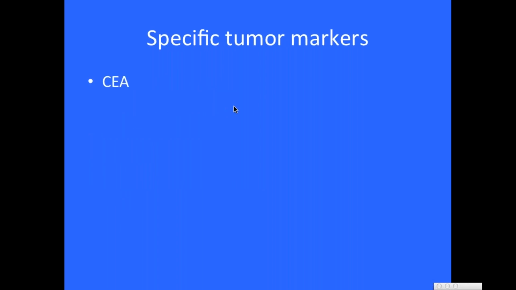Specific tumor markers. We have CEA. CEA is a general tumor marker, especially with rectal and colon cancer. It can also be high in other types of cancer like breast and lung cancer. So it will be elevated in a number of types of cancer. So useful. LDH we talked about in lymphoma, specifically more lymphoma. You have PSA with